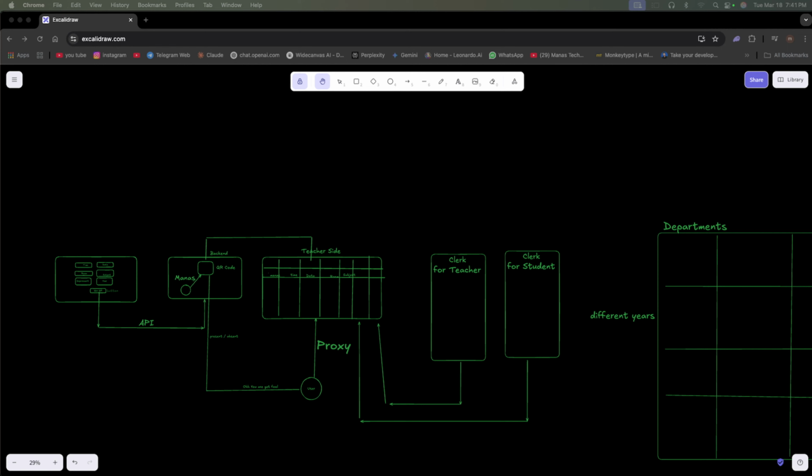Suppose there is a student present in the mechanical branch, third year, and their attendance goes to computer fourth year. I don't want to create chaos while taking attendance. I don't want to mess up my application. That's why